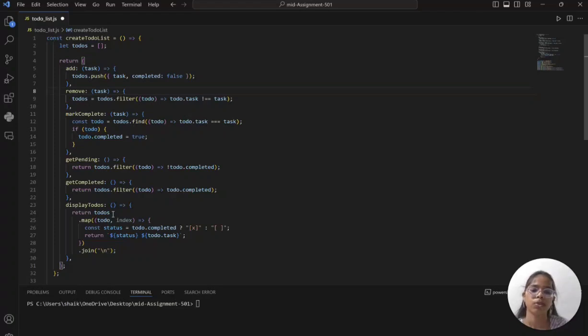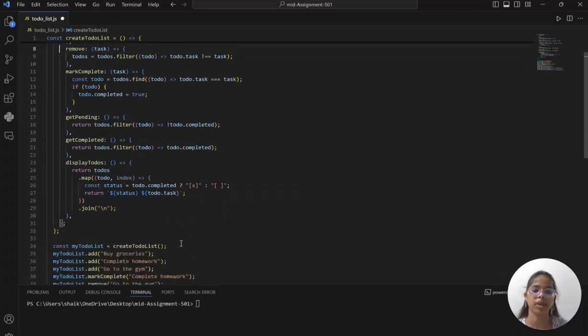It maps over the todos array to format each task with its status indicator. Here I used two indicators: a cross mark for completed tasks, and empty braces for pending tasks. It joins the tasks into a single string for display.